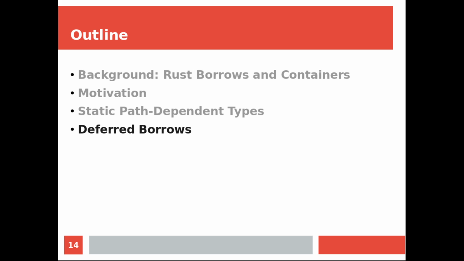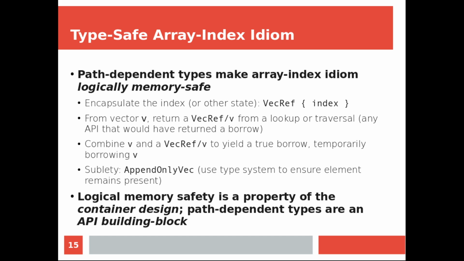So now that we have static path-dependent types, we can finally talk about deferred borrows. We have everything necessary now to achieve logical memory safety. For the particular case of a vector, we can encapsulate its index in an opaque type and tie an instance of that type to the vector it refers to. We can let the user later provide both this opaque reference object and a true borrow of the original container to get a borrow of the element. Note a slight subtlety here. The container must guarantee that the object referenced at lookup time is still present at borrow time. In our example containers, we achieve this with a type system by allowing a one-way conversion to an append-only vector